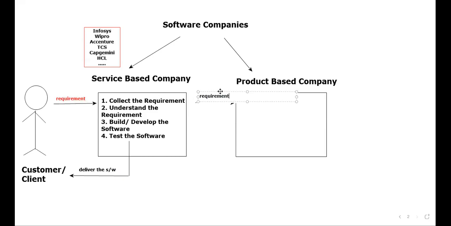These people should be having the requirement. So how will they get the requirement, sir? They will get the requirement by surveying the market. If there is any spelling mistake, please forgive me, because my concentration will be on explaining, not on the spelling. By surveying the market, they will get the requirement.